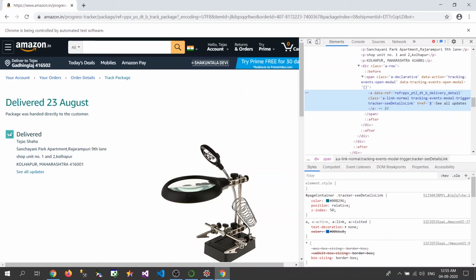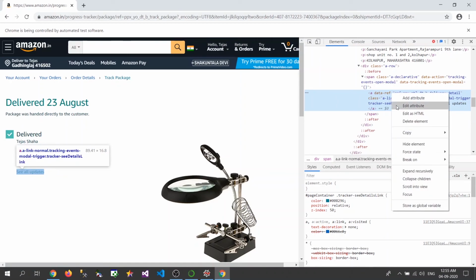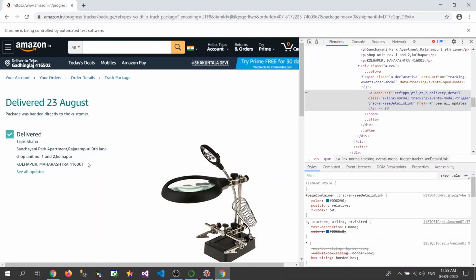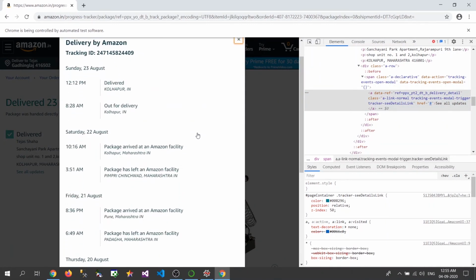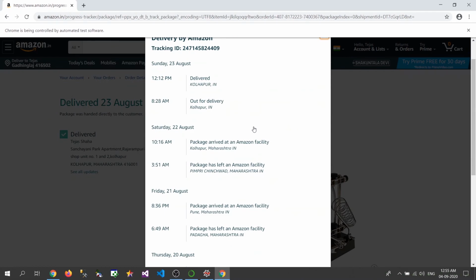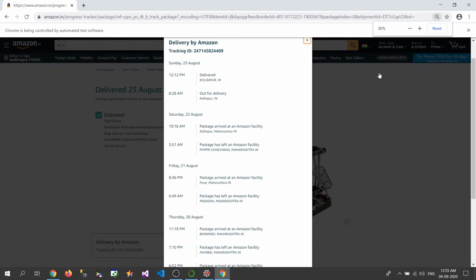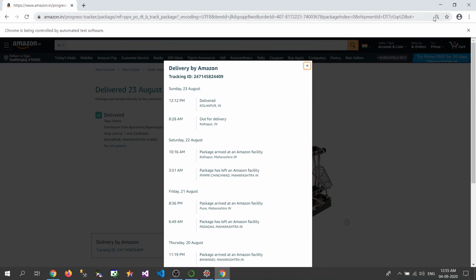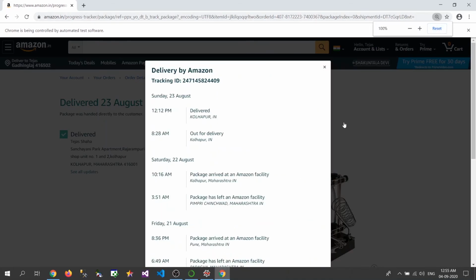So here you can get short information like whether it is shipped, whether it is not, what is the status. But to get the full information you need to click on this. So you have to take again the XPath from here, and then you can just click on this. Now this was the pretty tricky part here. I'll just show you, 1 minute. So this was one of the most tricky parts initially when I was working on this video.